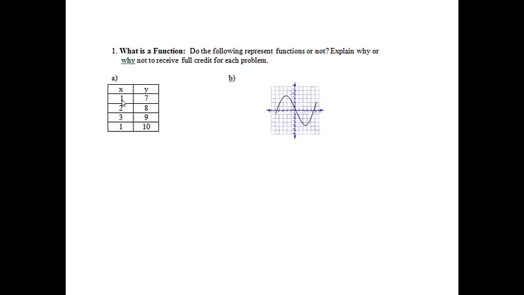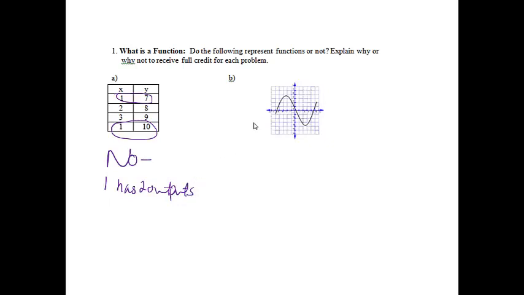output. I notice an input of 1 has an output of 7, an input of 2 has an output of 8, an input of 3 has an output of 9, and an input of 1 has an output of 10, and we're looking for every input having exactly one output, and I'm going to circle these 1s because notice that 1 has 2 outputs. This is going to be a no, and my explanation would be that 1 has 2